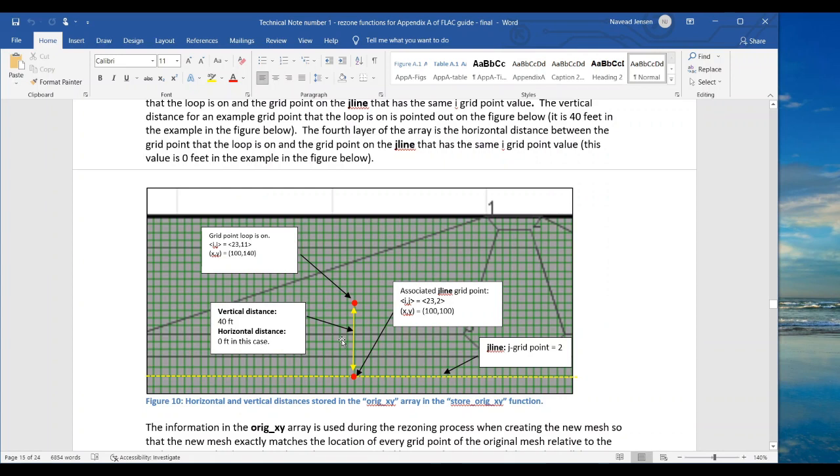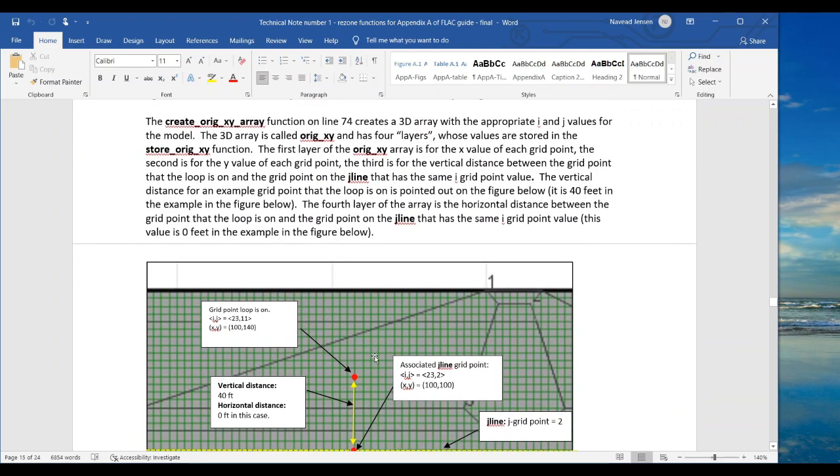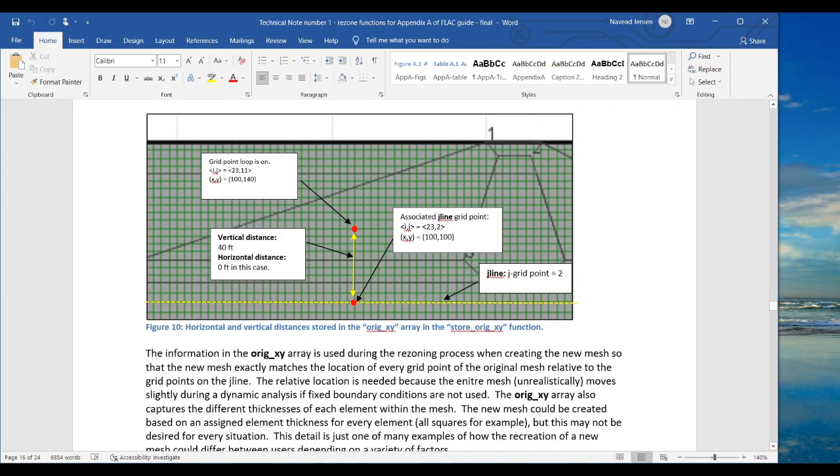We want to grab the XY coordinates of every grid point relative to this J line, to something that's on the mesh. That way we're accounting for the movement in the mesh, and that movement will not hinder our calculations. So that's why we set it up this way. If you're using fixed boundary conditions, then you don't have to worry about it because the model doesn't